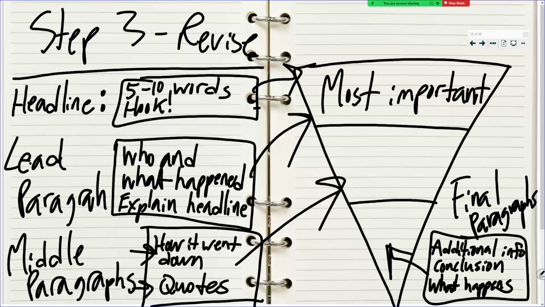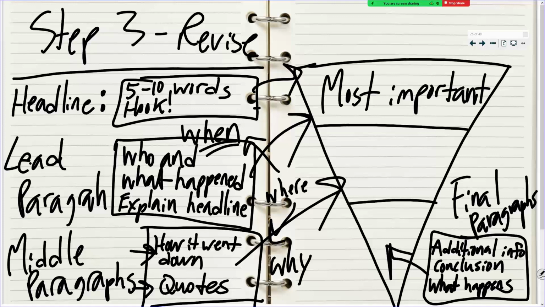Your lead paragraph should also have who and what and when, right? That should also be in there too. So who, what, and when. Those are the 3 most important of the W's. Who, what, and when. And then how and why come later, right? How and why are over here. So who, what, when. Where is going to be somewhere in the middle, right? So between here and here. But who, what, and when is probably the most important things. And then where it happened and why it happened and how it happened are going to come second in the information paragraph.